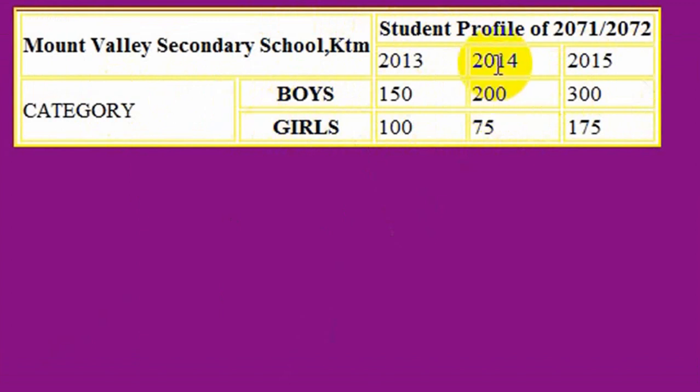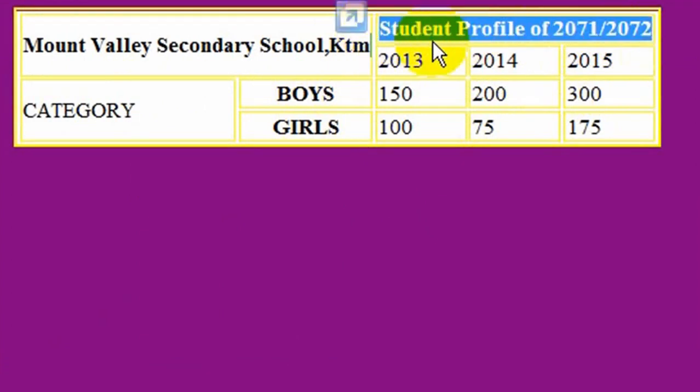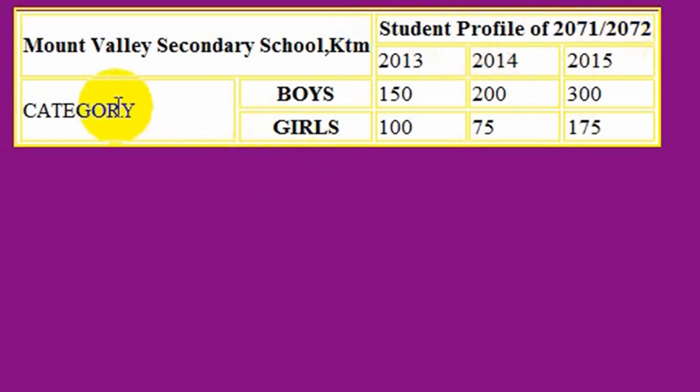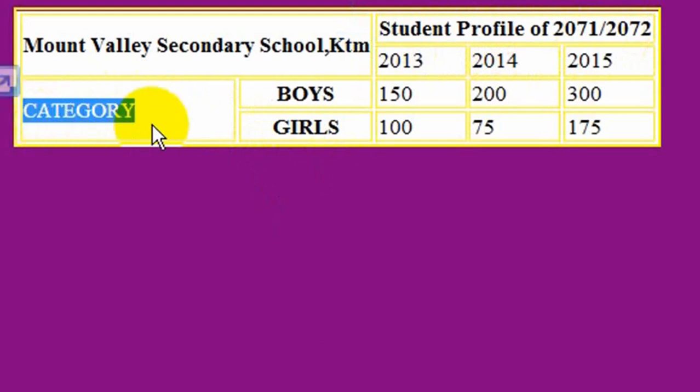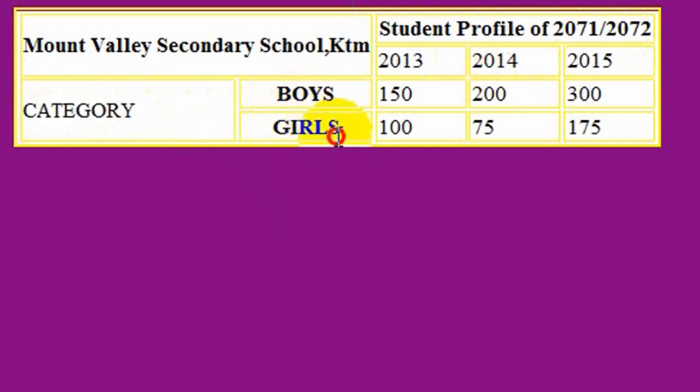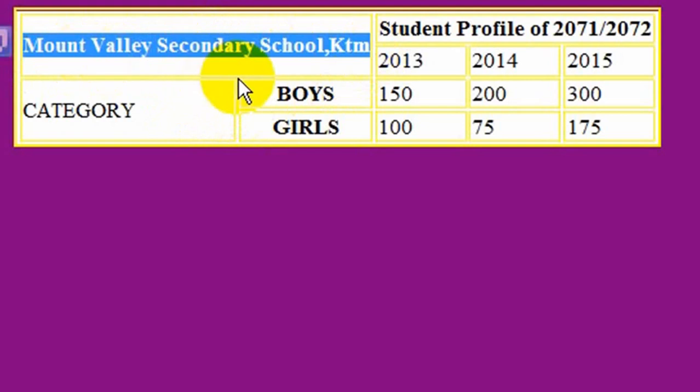And once again, for inserting the student profile of 2071-2072, we had merged columns. We had used the colspan tag to merge these cells of columns, and here to insert this category head, we have merged 2 cells of 2 rows. Okay, and for Mount Valley Secondary School Kathmandu, for this title, we have merged 2 columns.